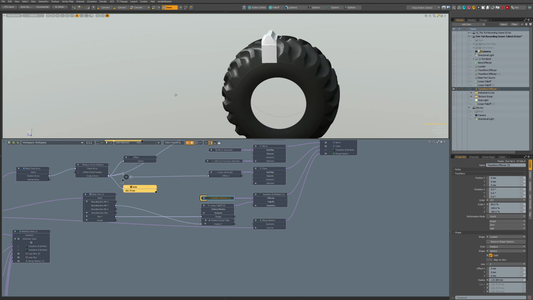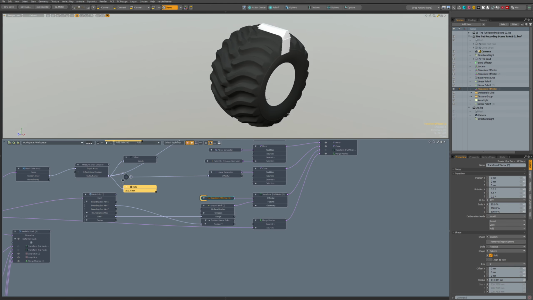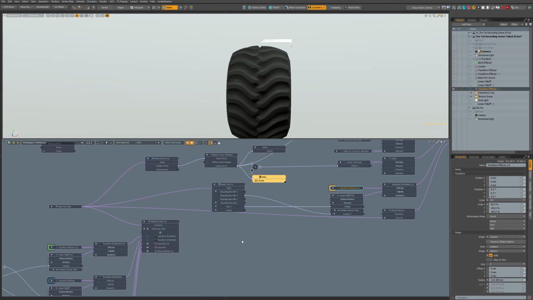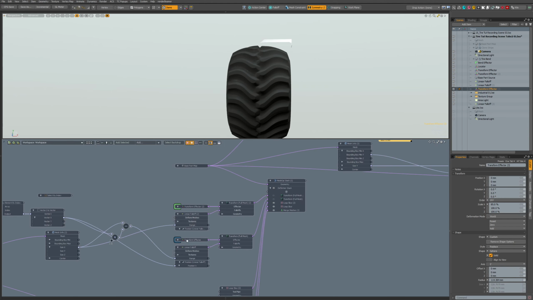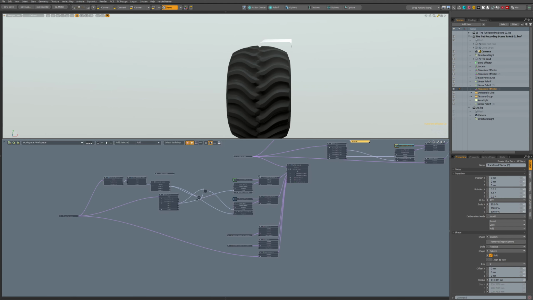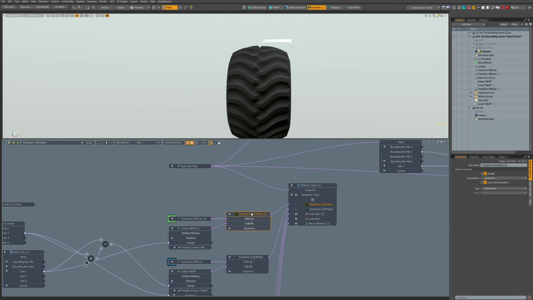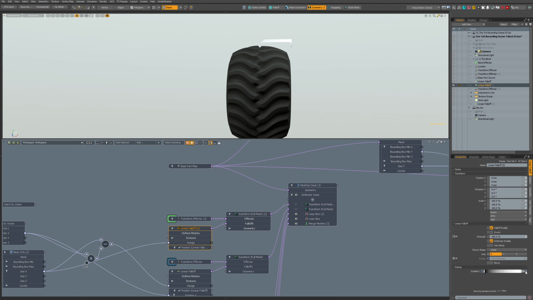So I think we are almost there. What I want to do, I don't like that shape so much. Where was it? It was here, not loop slide, it was this transform and linear falloff.